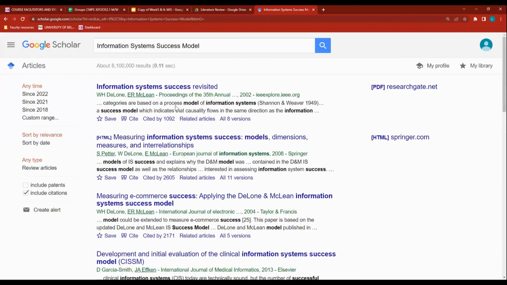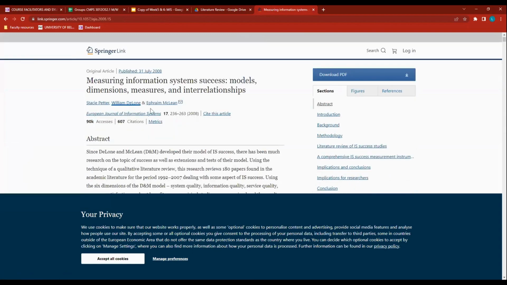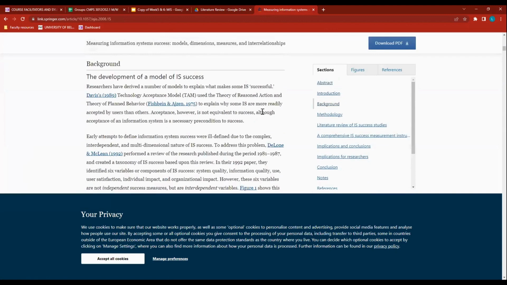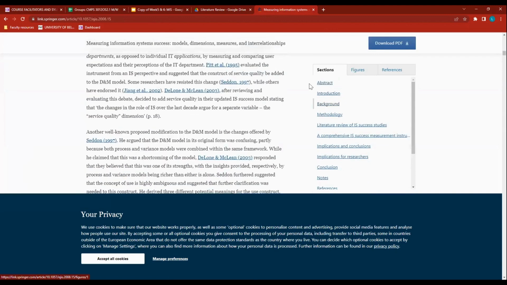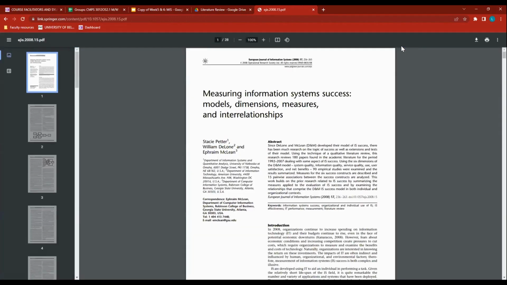So let's say that I'm interested in this second one by Springer. So I can click on it. And notice some of these, there might be some restrictions. So as you go through, you will check to see, is this one that I have to pay for or can I get it for free?